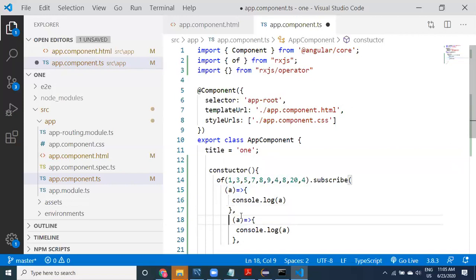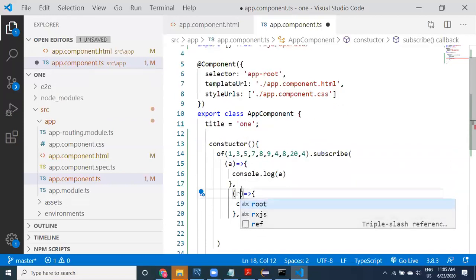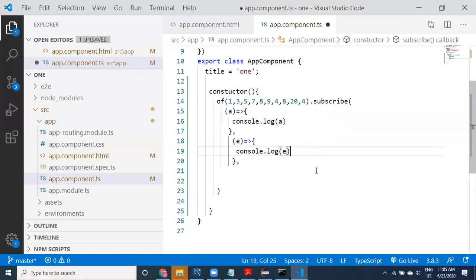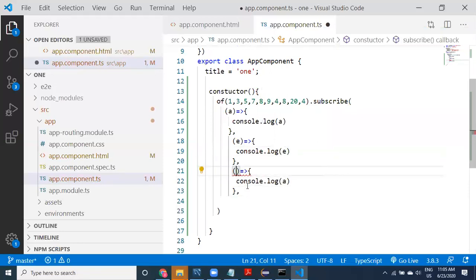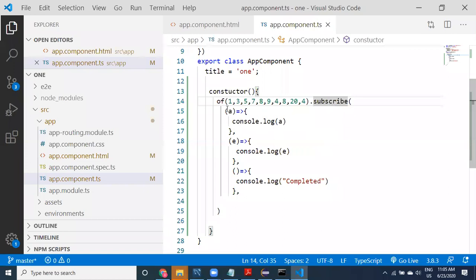Okay, what is this? This is going to be error. Okay, if an error comes, this second method is going to be called. Here there is no chance to get the error method. And the third method doesn't take any parameters, but it is going to say completed. See here, completed. See, what are the things available here in the subscribe method. Previously we have used only two methods, success and then failure. Here we can work with the completion also.